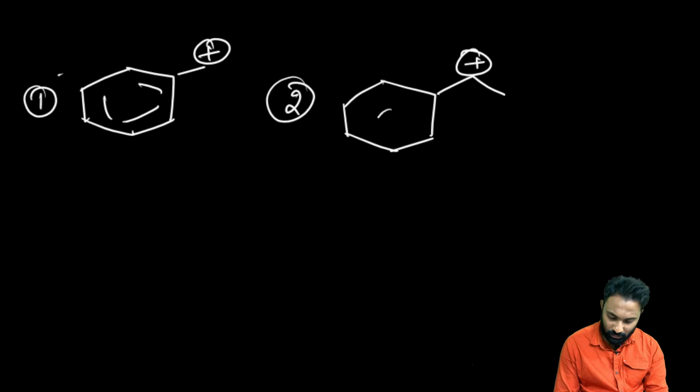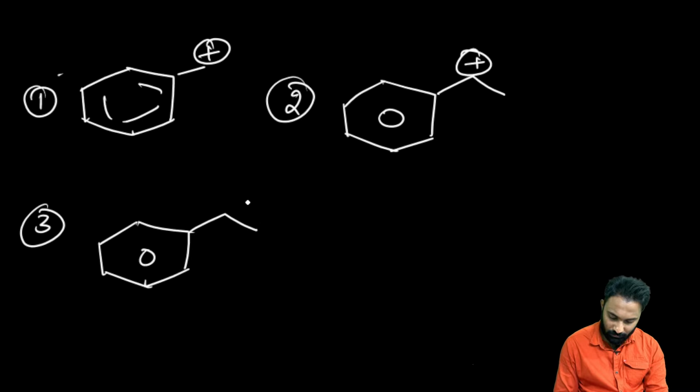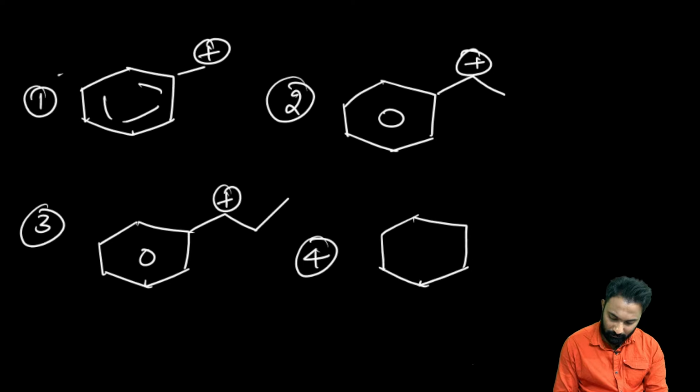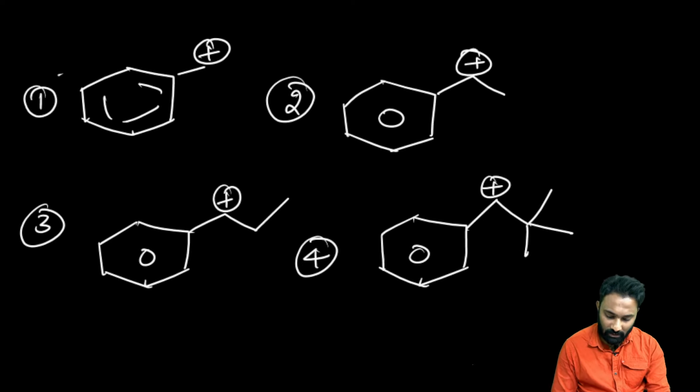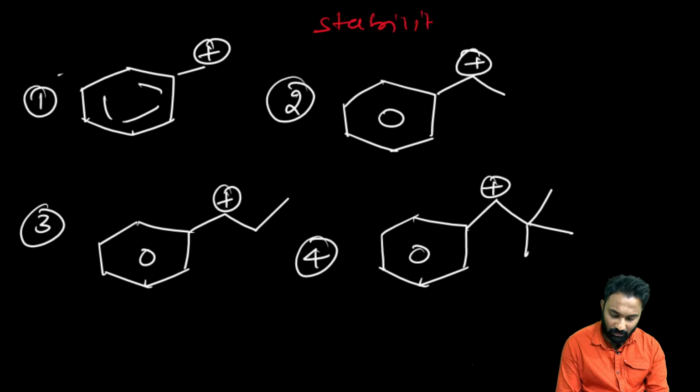Now this is 2. Now 3. Now 4. Now among 1, 2, 3, 4, the stability order